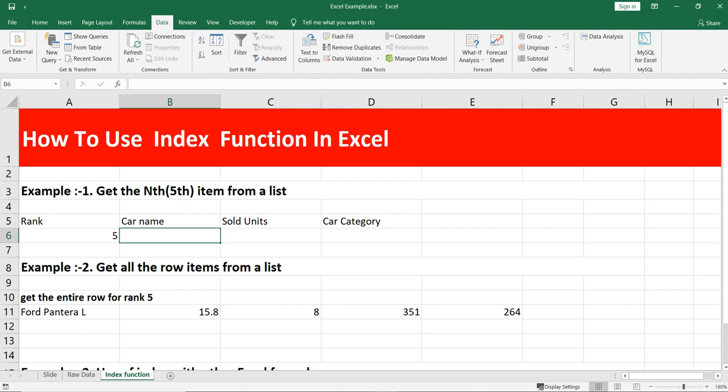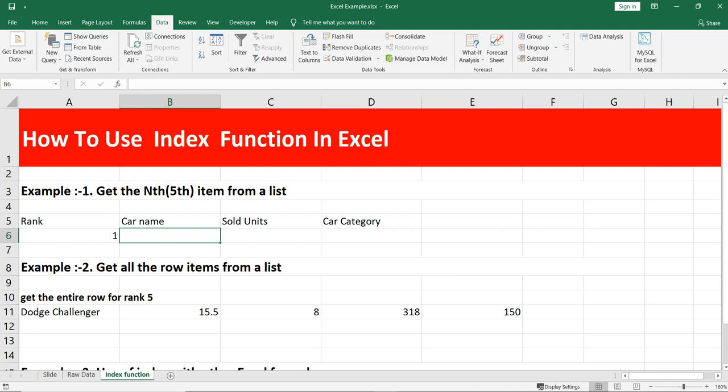Instead of changing the formula, you just change the parameter and it will give you the value based on that parameter. For example, instead of the rank 5 car name, if you want the rank 1 car name, instead of writing the entire formula, you just put 1 here and it will give you the car name based on the rank. That's what the INDEX function does.